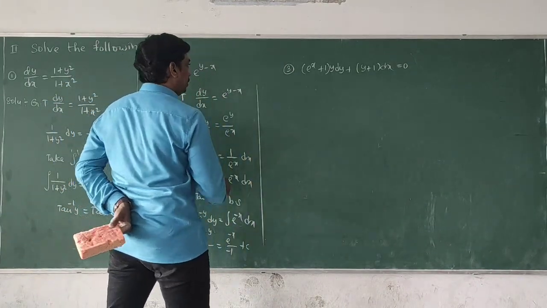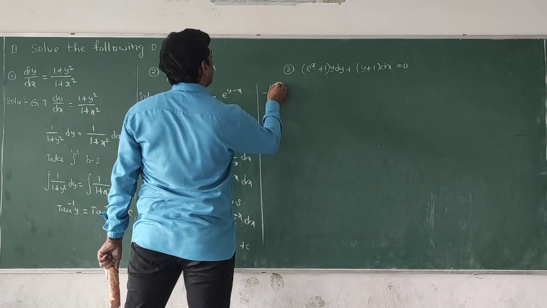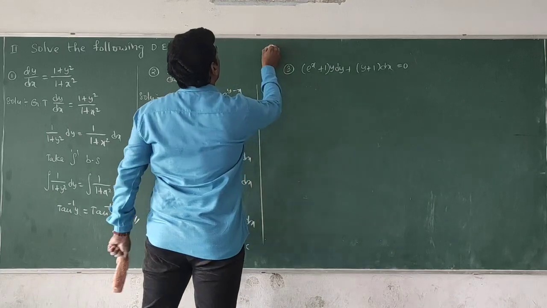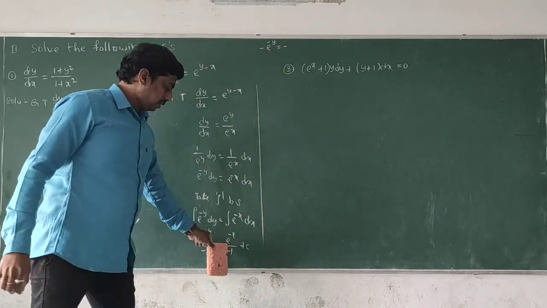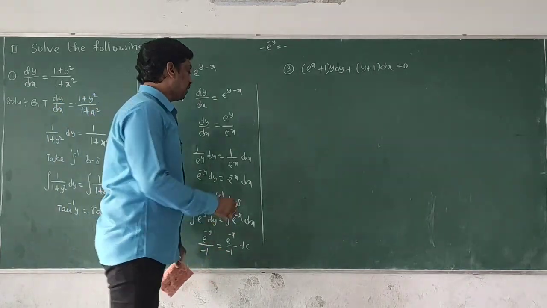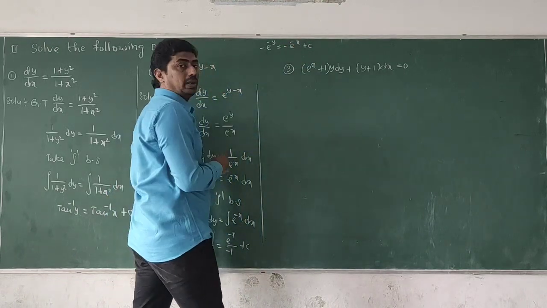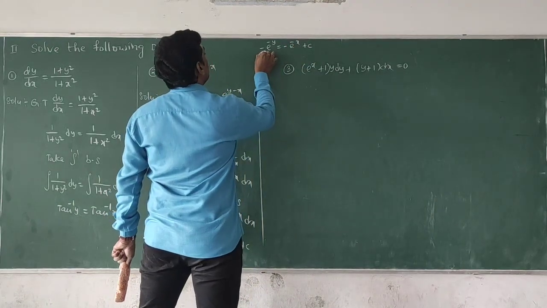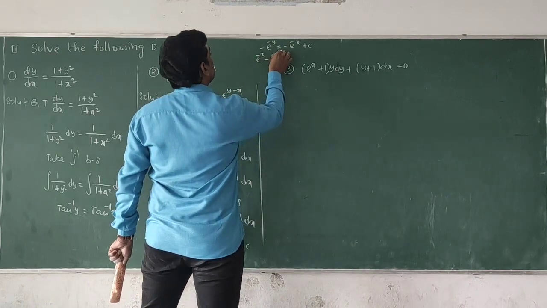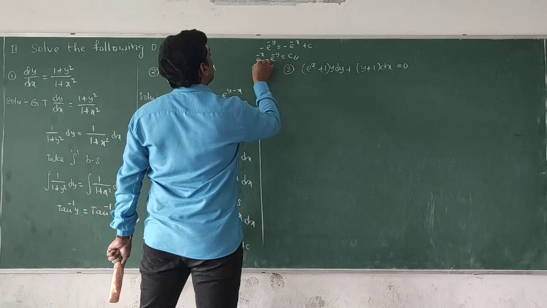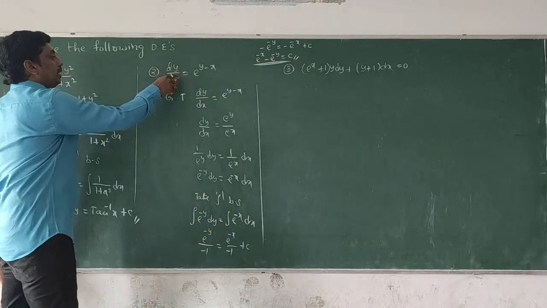So here this can be written as minus e power minus y equals e power minus x by minus 1, which means minus e power minus x, plus c. So taking minus e power minus x to the opposite side, plus e power minus x, already we have minus e power minus y equals constant. That's the end of the solution, which is the general solution of dy by dx equals e power y minus x.